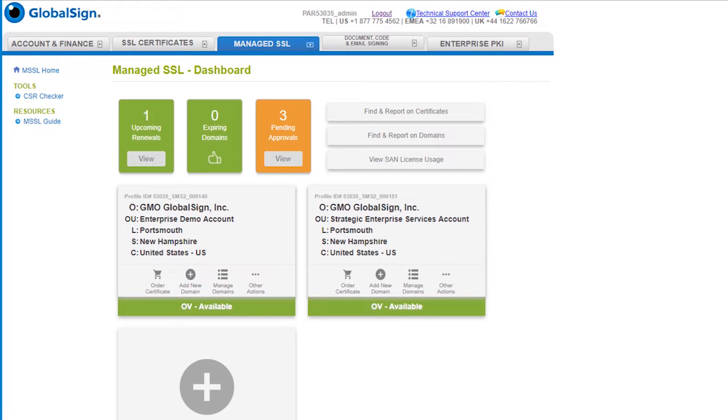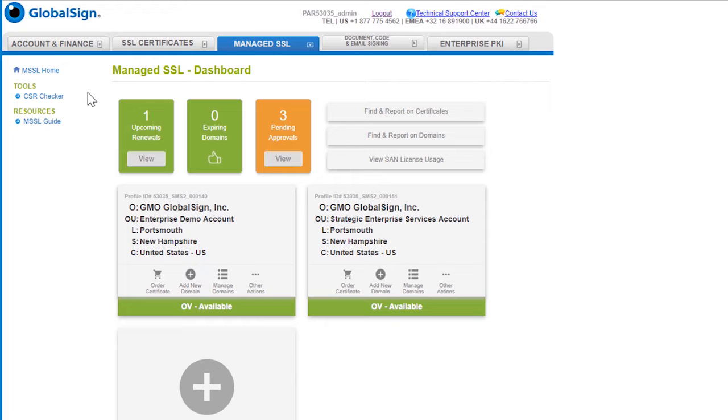I'm the VP of Sales for North America for GlobalSign, and I'm here today to talk to you about our Managed SSL application, which is part of our broader GlobalSign Certificate Center application suite of PKI tools for enterprises. Today, we're going to specifically speak about the Managed SSL portal, which is used to issue SSL and TLS certificates to enterprise customers. So, starting with when you log in to your account, you're going to see your Managed SSL